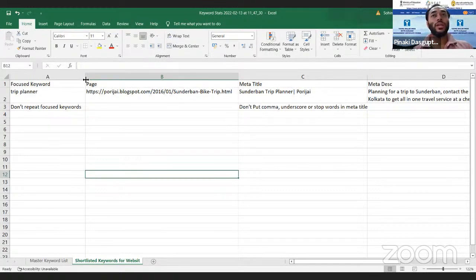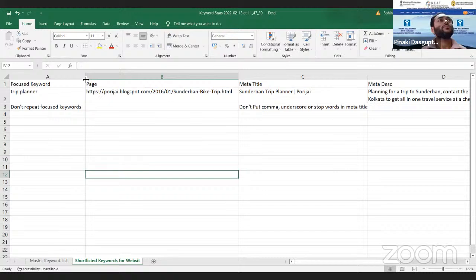This way you can create variations of a particular keyword, or you can use another keyword also, but don't repeat the same keyword in the same list of pages. It will just stagnate your entire thing.